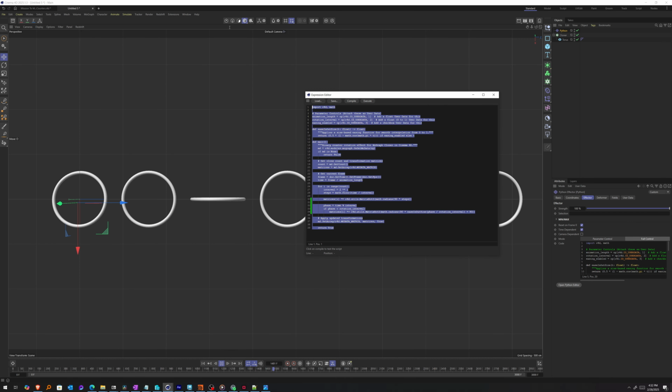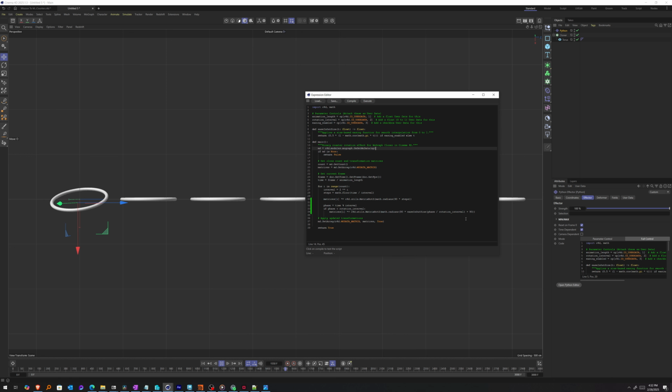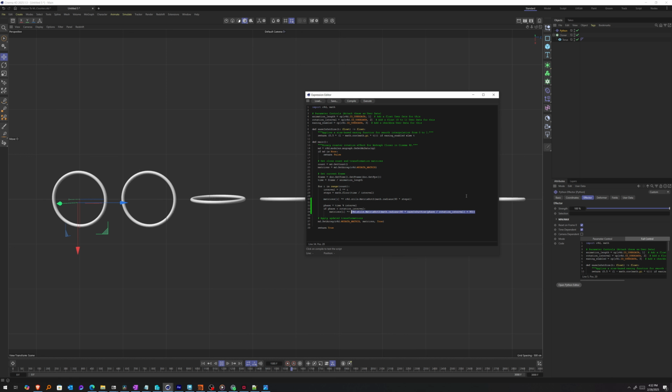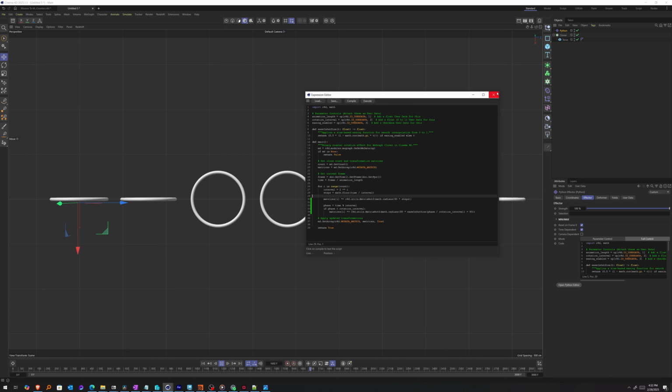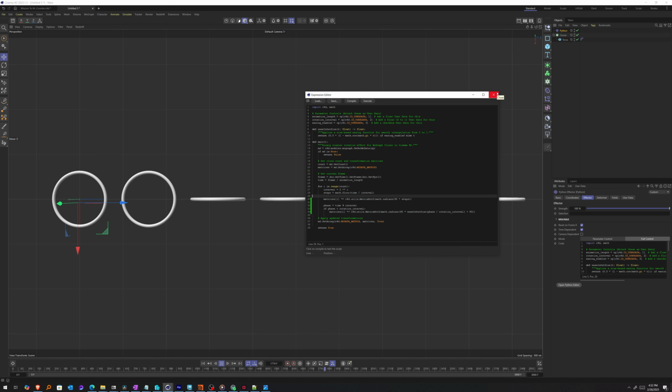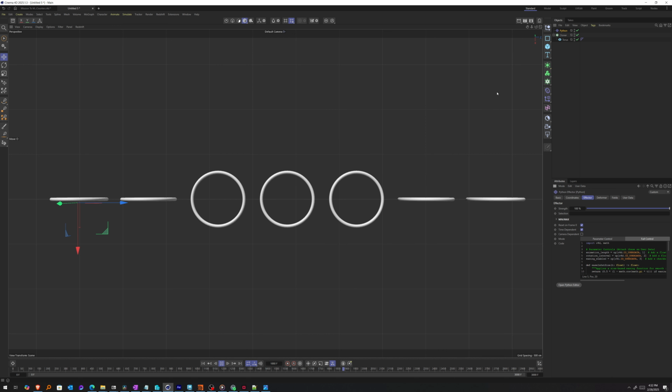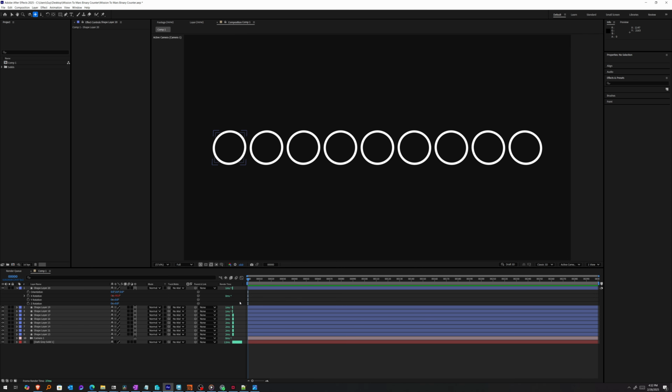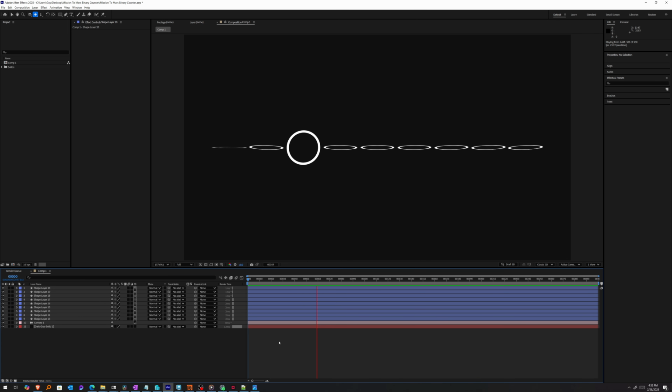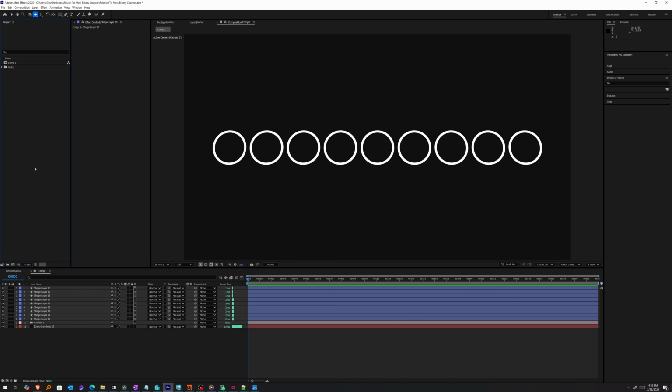Now we're going to reuse this same logic, the same code, mainly this math right here. We're going to use this in After Effects, Maya, and Houdini. Okay, let's move over to After Effects. All right, here I am in After Effects, and we have this animation sequence right here. Well, let's get started. I'll create a new